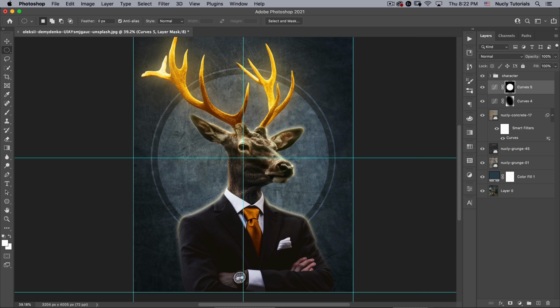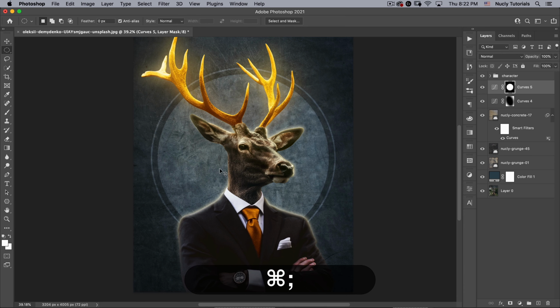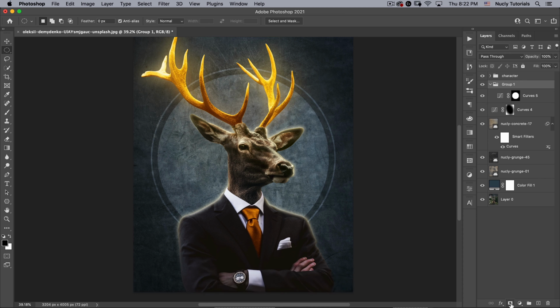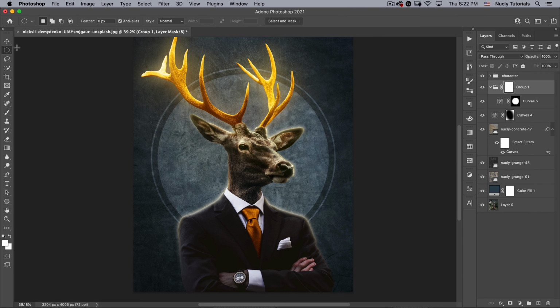Now for this whole thing, let's go ahead and Command semicolon to turn off our guides. I want it to be stronger at the top and then get weaker as it goes down. So I could paint or make a gradient directly in this mask, but in case I don't like my gradient or need to adjust it for a different image, I'm going to put it in a group and then add a mask to the group. That's just an easy way to add a second mask to your layer.